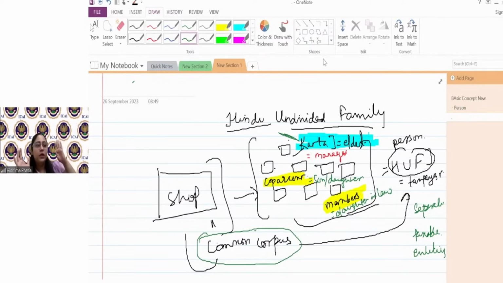In a family, whosoever the eldest is the karta. Every person who is born into the family by birth, जिसका खूनी रिश्ता है, simply, that is a co-partner. But if a person becomes part of the family through marriage, that person is not a co-partner, that person is a member. We do not use the word co-partner. और इतनी understanding sufficient है for your future also and for today also.